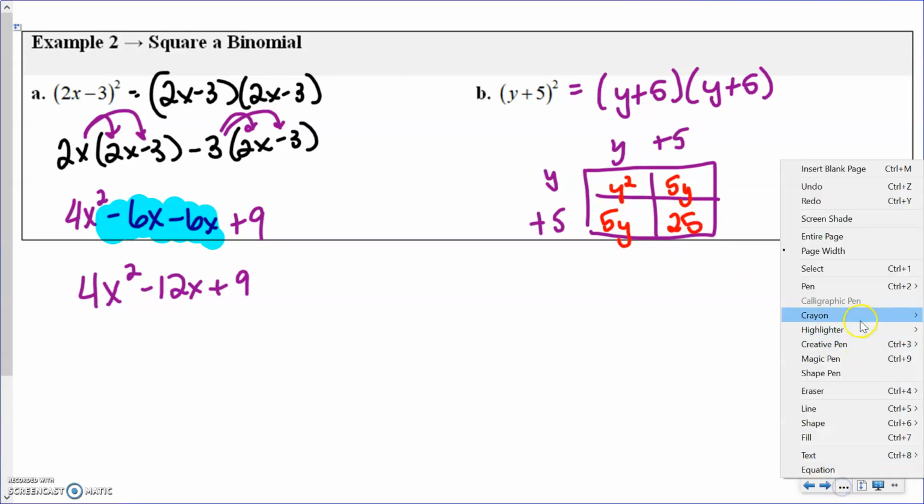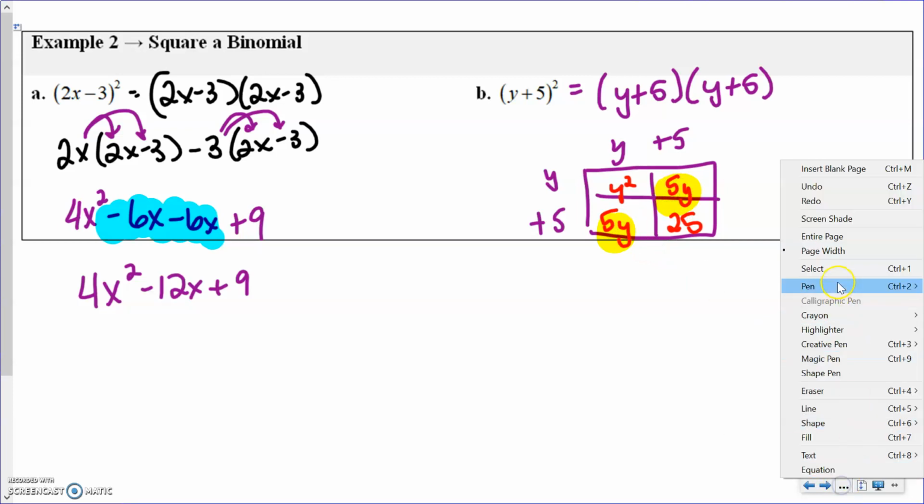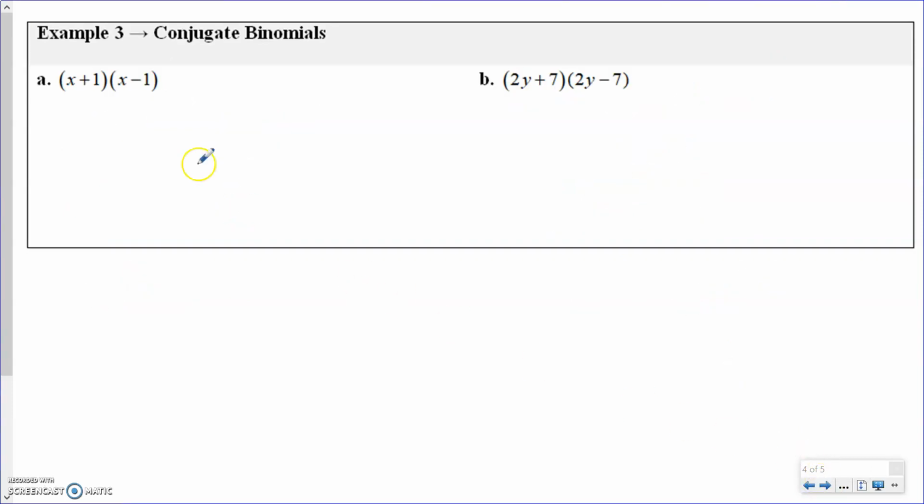We're going to go ahead and combine our like terms together. 5y plus 5y gives us 10y. So we have a y squared plus 10y plus 25. One other one, these are